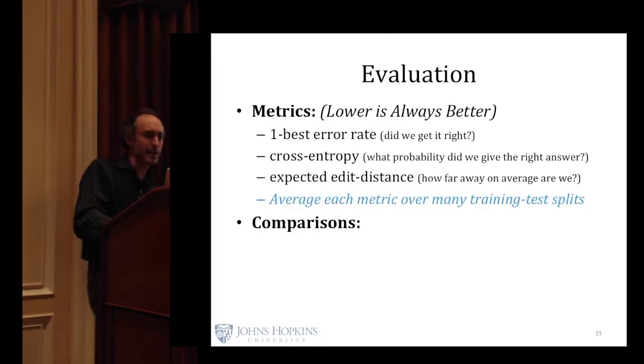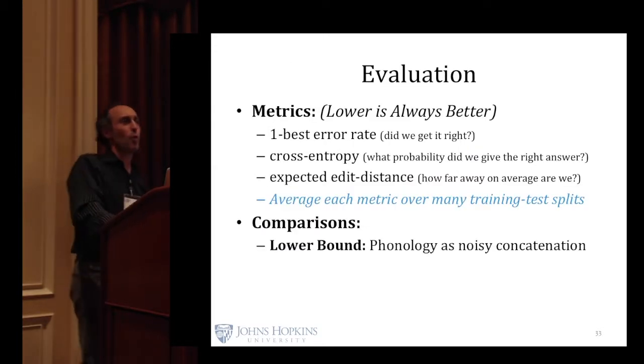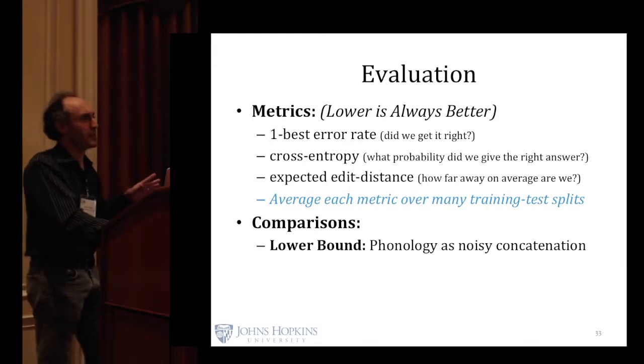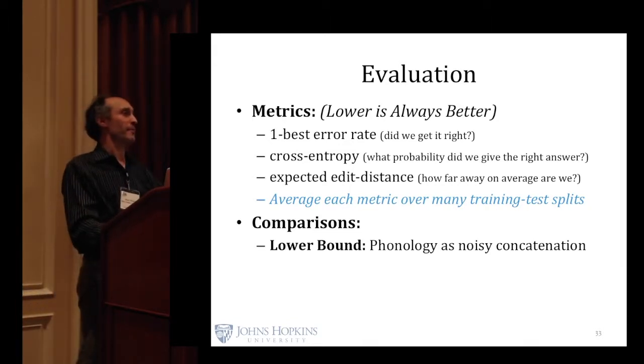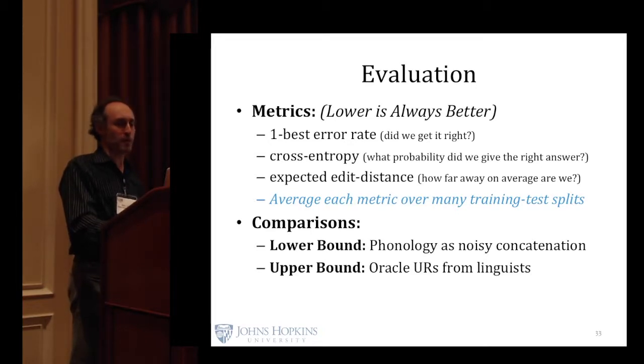So we compared to a couple of things. One is if you don't really learn a phonology, so you learn that there's a certain amount of noise, the concatenations don't surface perfectly, but you don't learn what changes tend to happen and in what context. You just learn the rate of noise. So that's sort of a lower bound. We hope to do better than that. And here's an upper bound. We hope to do almost as well as this,